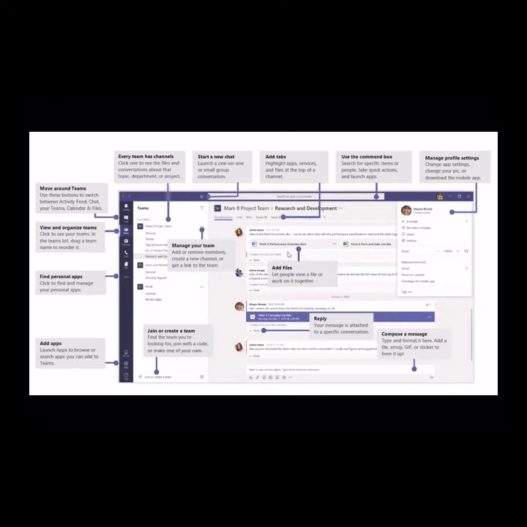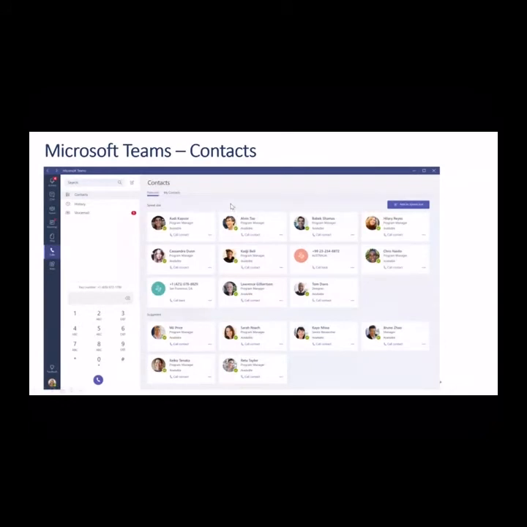If you want to strike up an instant conversation, an instant message, or a voice or video call, then just put the name of the person in the search bar, or go to the chat window over here under the app chat, and then you can strike up a one-to-one conversation, or even a group of people on a chat, voice or video call.